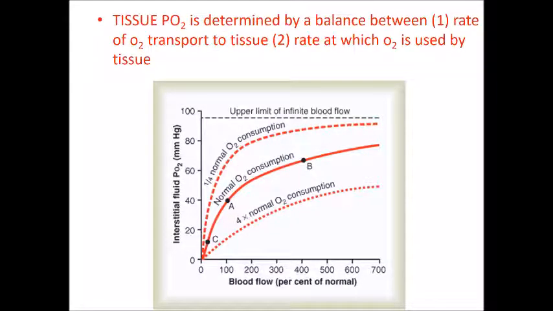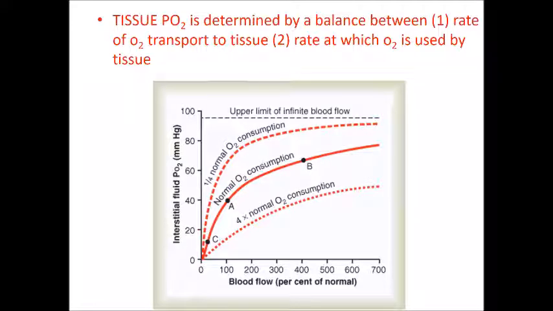Now what are the factors which will decide tissue PO2? So tissue PO2 is mainly determined by two factors. One is the rate of oxygen transport to the tissues and the second is the rate at which oxygen is utilized by the tissues. Now focus on the graph below. Focus on the middle red line. This is the normal oxygen consumption line. There are 3 points shown: A, B and C. A is our normal operating point at which our blood flow is 100% normal and